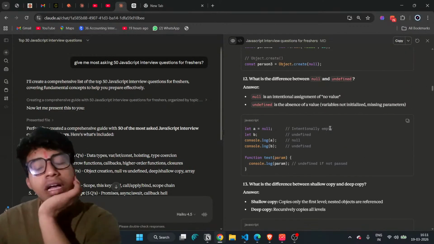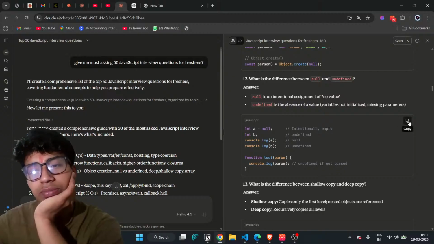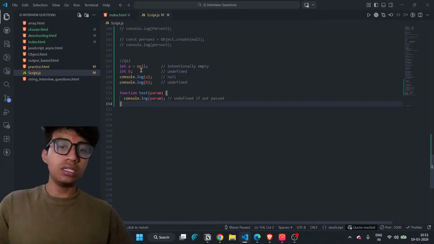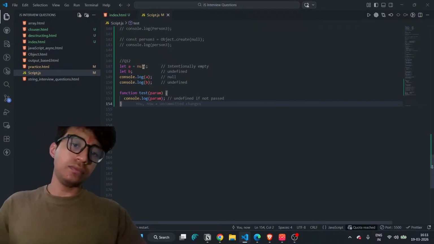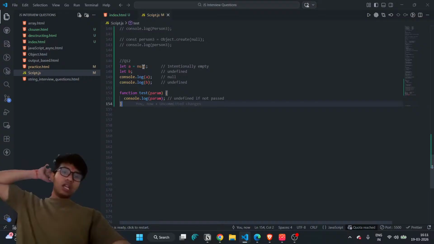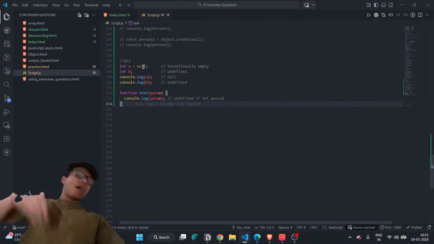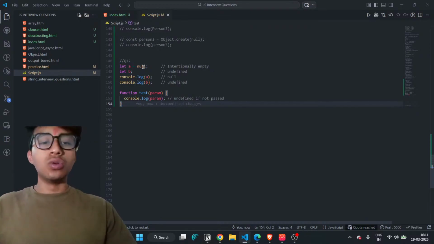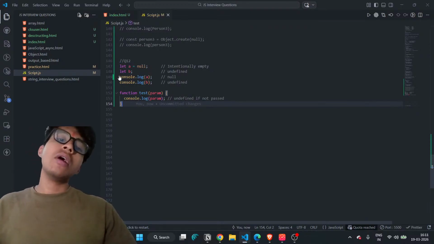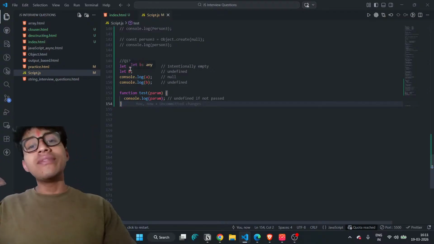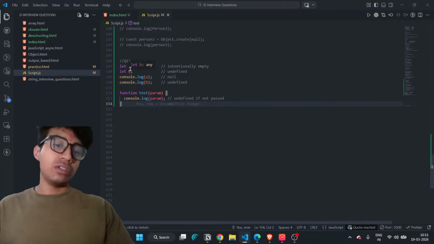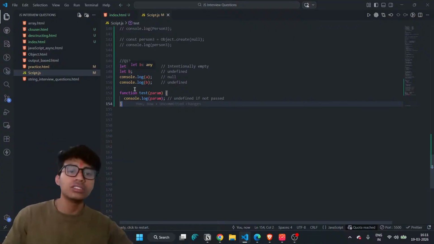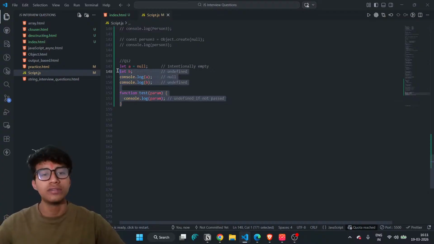So null और undefined क्या होता है ये समझ आ चुका है आपको. ठीक है? I will simply copy this, go to VS Code, question number 12 and paste it. And you know that we have saved the value of null. ठीक है? So हमने उसको intentionally make the a variable into a null. So whenever we print that it will give null. But let b is a variable where we don't define any value. So that will be treated as undefined. So here it is. ठीक है? And now question number 12 is also completed. It's very easy.